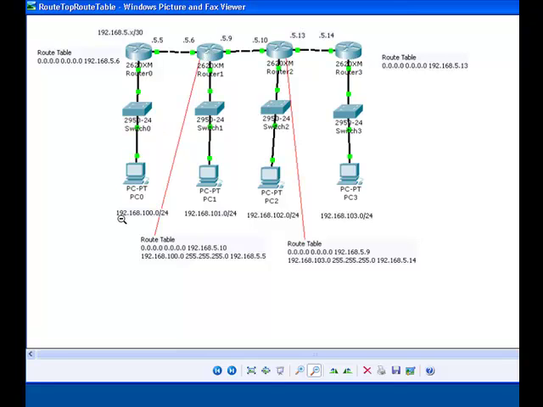There is one exception though. The 192.168.100 network needs to go out interface 5.6 to interface 5.5. So I've given it the exception here with 192.168.100.0 network, subnet mask 255.255.255.0 goes to interface 192.168.5.5. And again, once it gets on the router knows about directly attached networks, and it will send the information